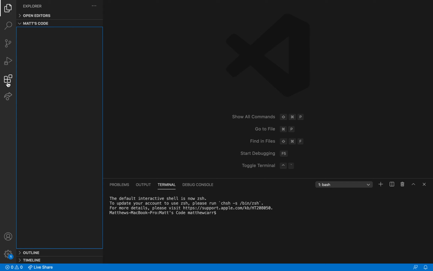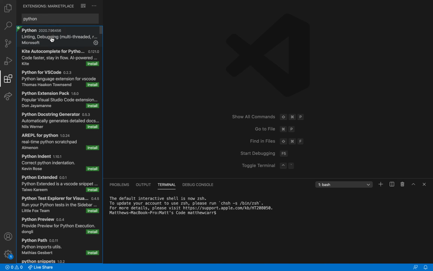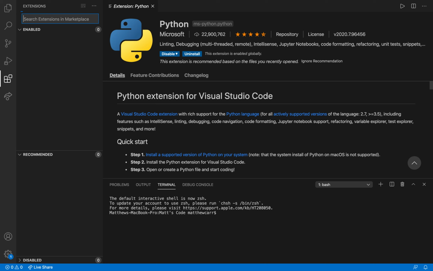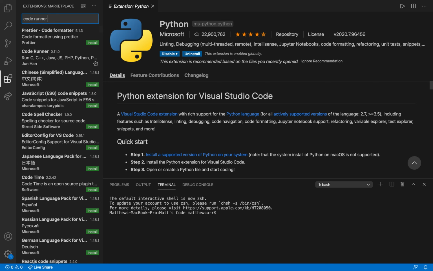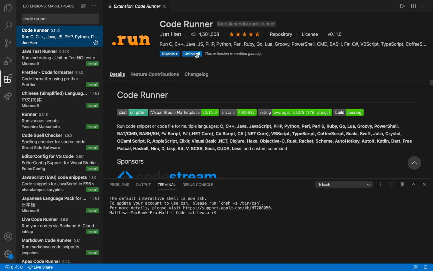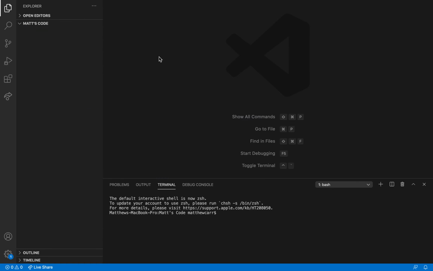before we get started, I want you to go over here to extensions and install Python, this Python extension. Mine says uninstall because I've already installed it, so install that. And then I believe this is optional. You can go to Code Runner, but I'll just recommend it anyways. Go to Code Runner here, and then install that. And once you're done with that, we'll go back to this Explorer icon, these two pages. Let's close that out.